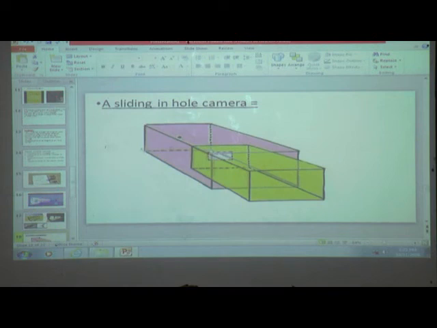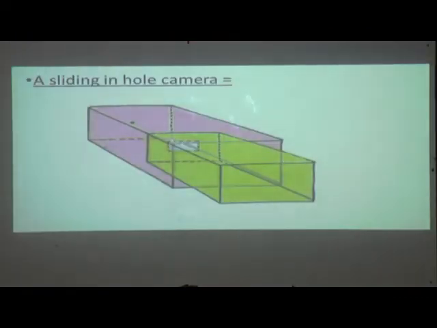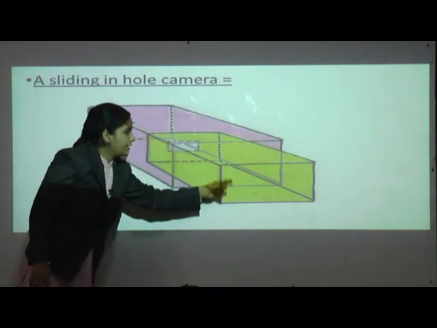So students, this one is the model of a pinhole camera. See here, here are the two boxes. Take two boxes so that one can slide into another with no gap. In this way, just take two boxes so that this one will fit in this another box. Okay, cut open one side of each box like this. Here, these two, just cut it here, this one and this one, cut it.